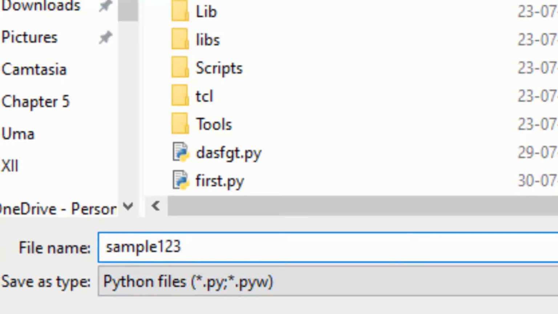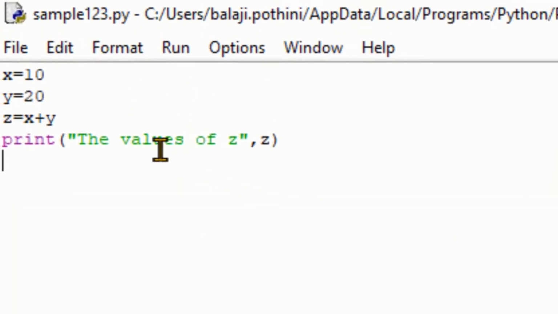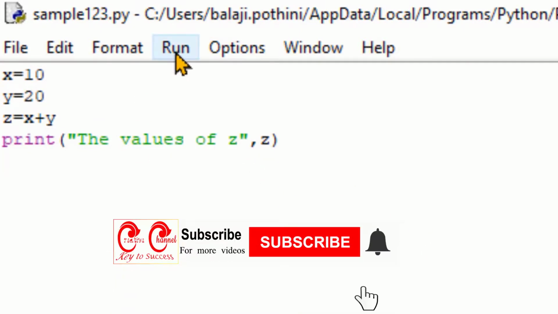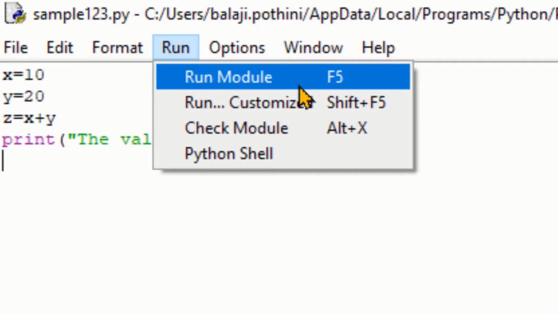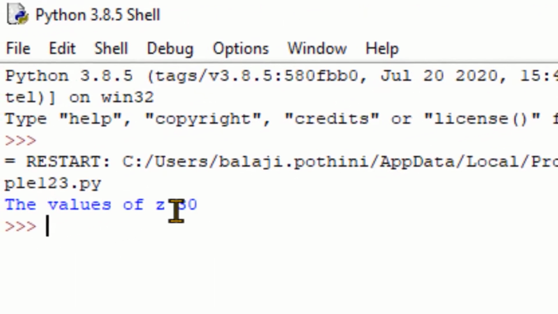So just give a name to the file and hit save. Our file gets saved. We need not give the extension each time. By default the extension will be added. To execute the Python program, choose Run Module, or just use the F5 key. Now the output 30 is displayed on screen.